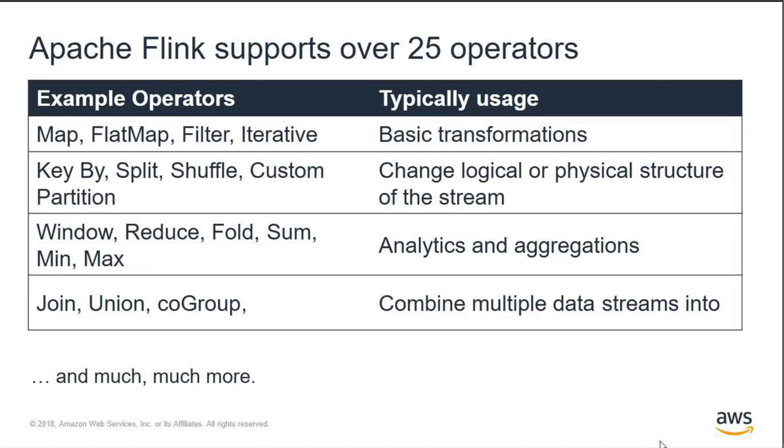The out-of-the-box analytics functions include sum, min, max, and much, much more. These are very, very simple analytics functions that are available to you via the data stream API. Apache Flink also includes other higher-level APIs, including the table API and SQL-based APIs that are built into the Java processing. So if you want to do some abstracted processing, you're able to do so as well, beyond just these operators. Essentially, I'm saying we're just scratching the surface of the types of operators that enable you to quickly build an application.